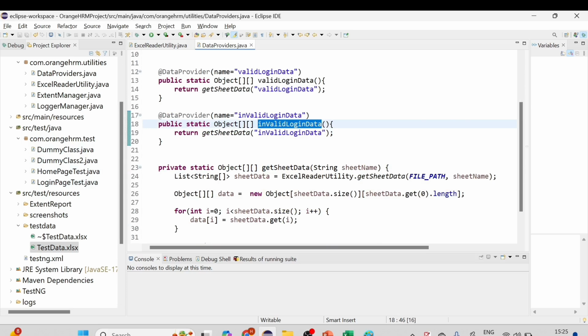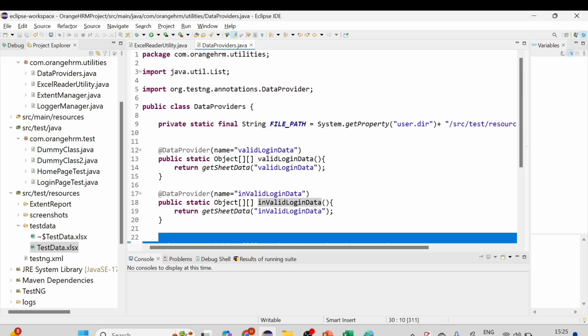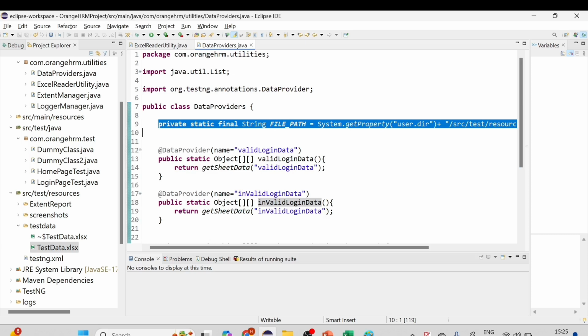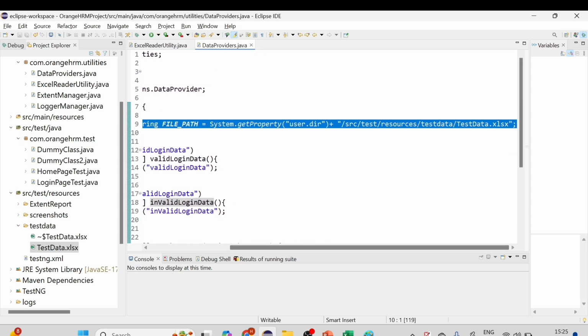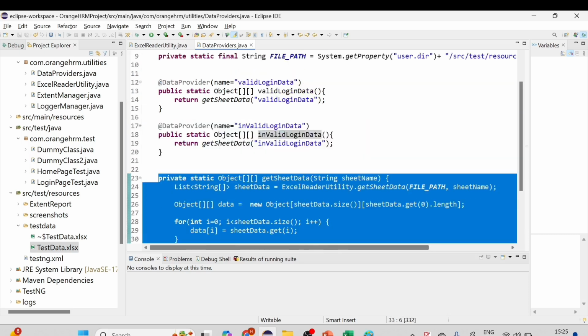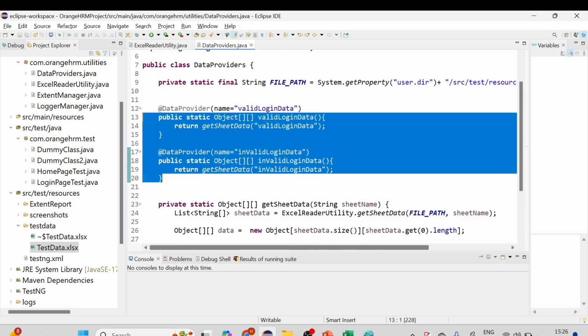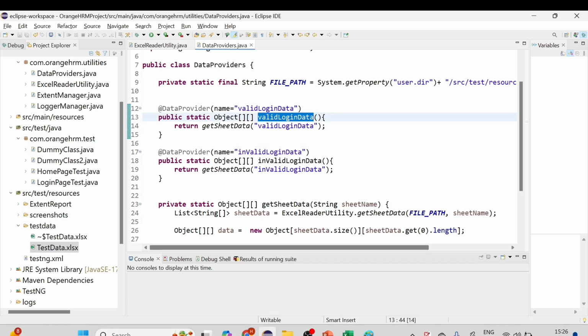Let me quickly recap. We have created the string file path and provided our file path over here, later we created one method called getSheetData, and then we created two methods, validLoginData and invalidLoginData. Now we just need to call those from our